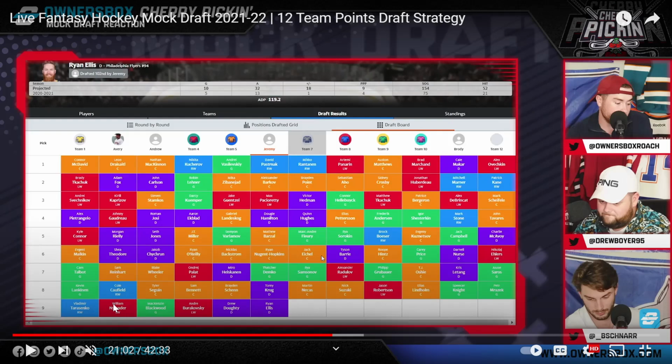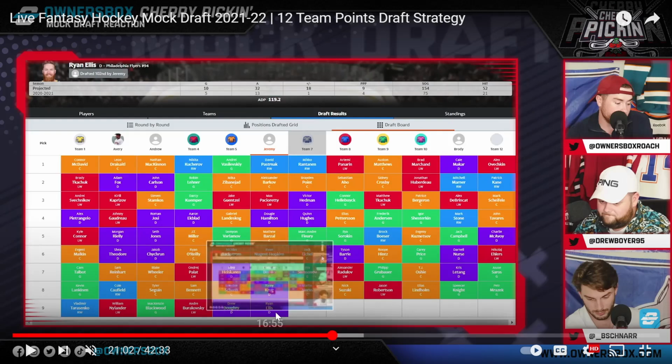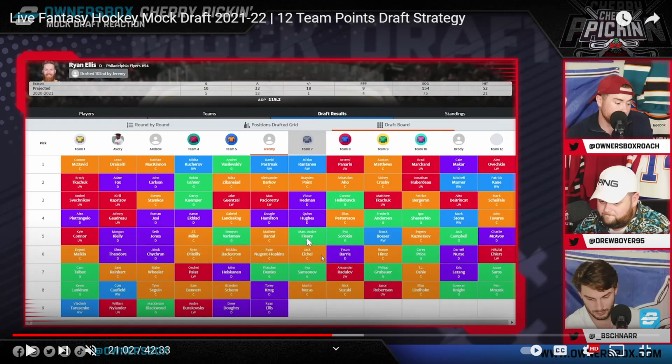Nylander goes here in the 9th. That's excellent value. What ended up happening here, I watched the draft, so he auto drafted Blackwood by accident. So that's a terrible pick, but he didn't mean to do it, so I'll give him a pass on that one. And then Jeremy comes back with Ryan Ellis. So his D are now Hamilton, Krug, and Ellis, which isn't bad. But the problem is, knowing what we know now, Ellis was hurt almost the entire season. He didn't play. Hamilton was out for around 20 games, so he really did not get any value from his D,